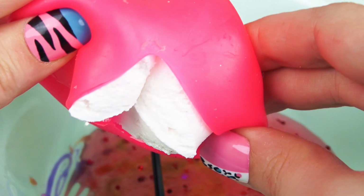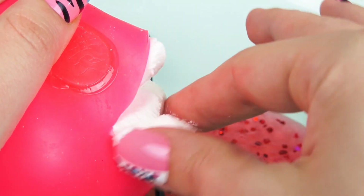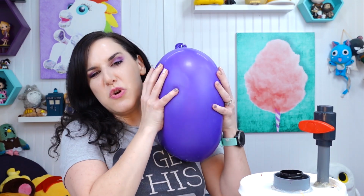Oh, that looks sticky. All right, well, you know Dr. Squish has to touch it. Oh, come on. Well, it is. It's really sticky. This is super duper messy. So I think that it was just like this mashed potatoey stuff, and I'm going to try and make a big one, big old Needoh. Maybe I'll use this guy, so I'll make a big Needoh, but not massively huge, because